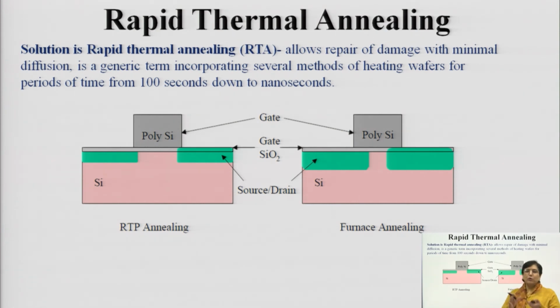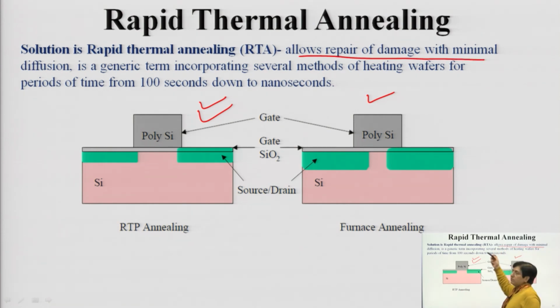So, there are pros and cons of every process. Earlier we were using the furnace cooling, the furnace annealing method, but RTA is the improved version of it. RTA allows wafer damage control. There are several methods to heat the wafers which have already gone through ion implantation, and to control the damage incurred because of the ion implantation, we need to settle down those active species, and therefore we are going ahead with annealing.